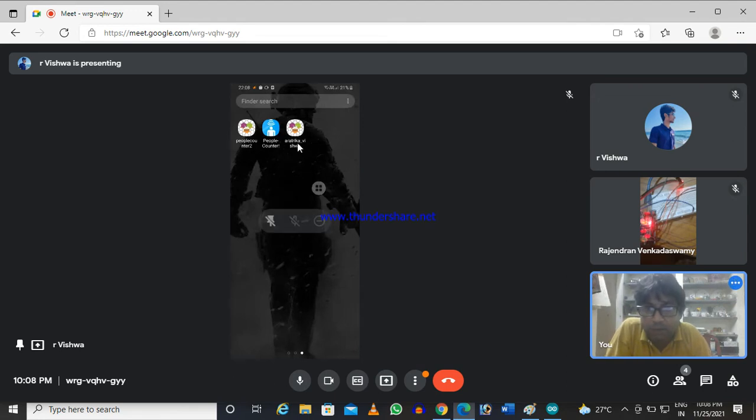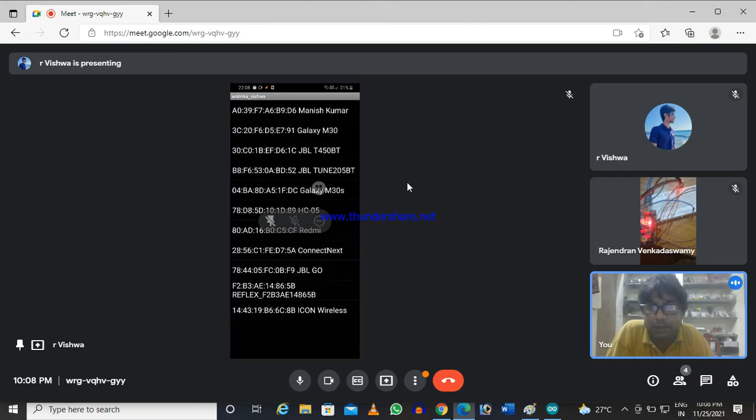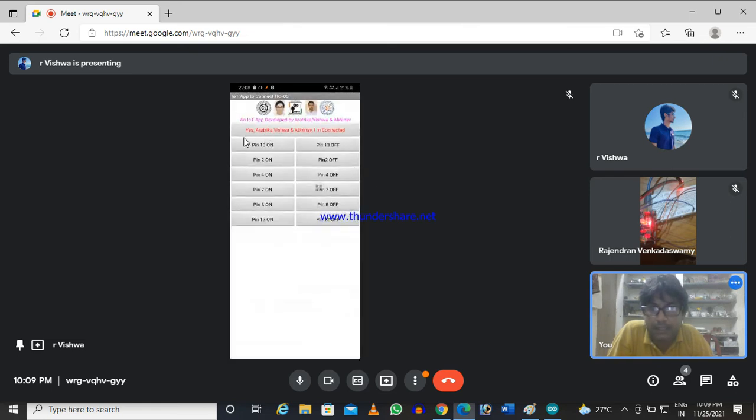You see here, this is the app. Once you download the APK file and install it, this is the app, and if you now click on the app, you see the same interface came. Now you have to connect. Click to connect IoT. Click on that. You see, after clicking, the device, which one is that? Just select it. Yeah, this is the HC05. It is selected, and you see now the message is coming. Yes, I am connected.